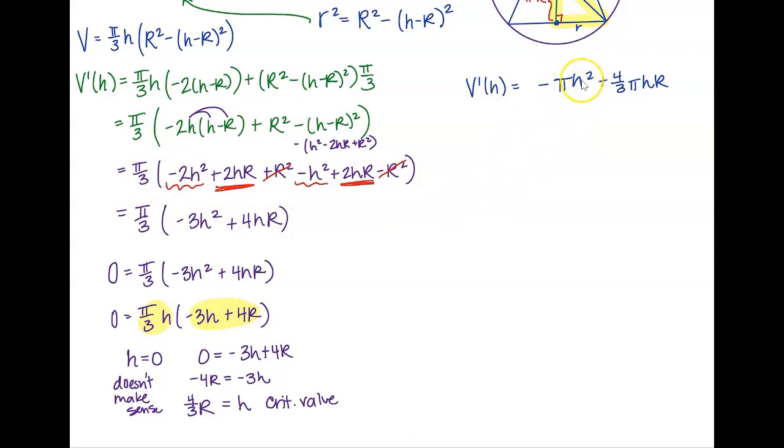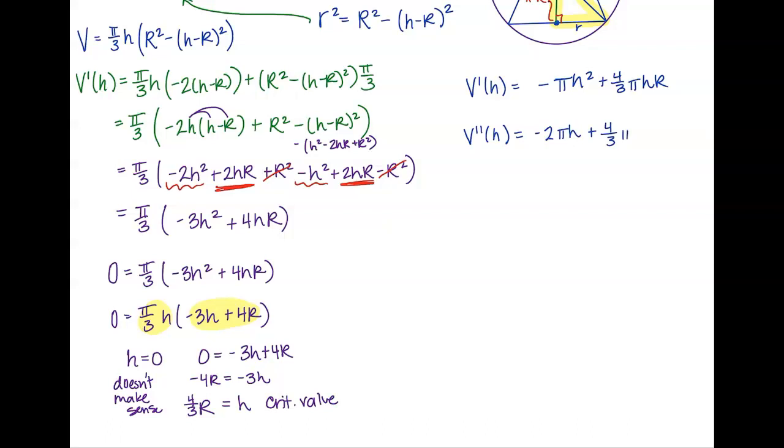Okay, so negative pi h squared and then plus 4/3 pi hr. So I just distributed this in because I want to use the power rule right now. That's what I'm trying to do. So I didn't want this pi over 3 in the front to create like a product. I just want to distribute it in real quick so that I can do the second derivative using the product rule. So that's going to be negative 2 pi h plus